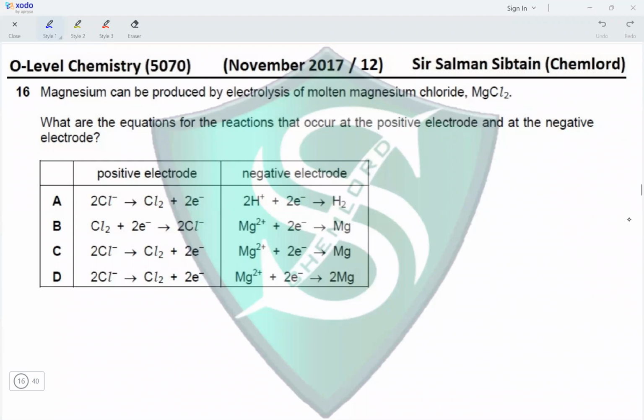Question 16. Magnesium can be produced by electrolysis of molten magnesium chloride. What are the equations for the reactions that occur at the positive electrode and the negative electrode? The positive electrode is the anode, and the anode is where oxidation takes place. Therefore, we would have 2Cl⁻ being oxidized to Cl₂ while giving off 2 moles of electrons, and the negative